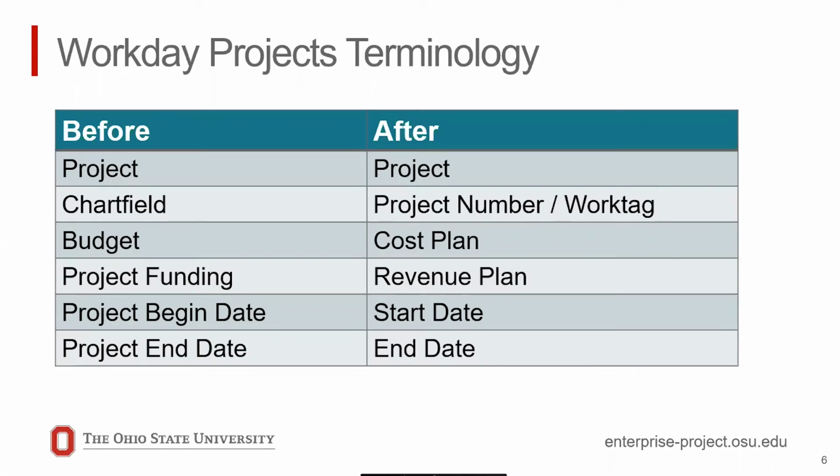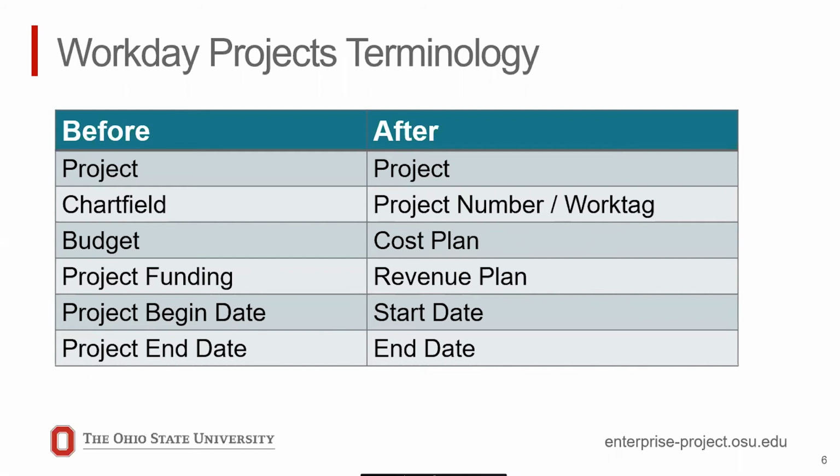Terminology. We will be reviewing in detail the various attributes that are available and useful within Workday projects. You will become familiar with the new terminology and helpful project attributes for monitoring and reporting on your projects. In Workday, tracking, monitoring, and reporting on project actuals and budget, as well as project roles, dates, and status, is all in one place. Reports have been created to aid in your reporting needs.